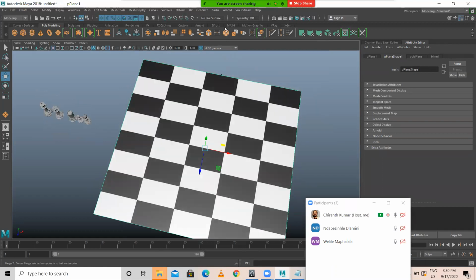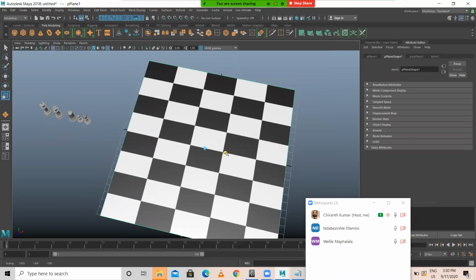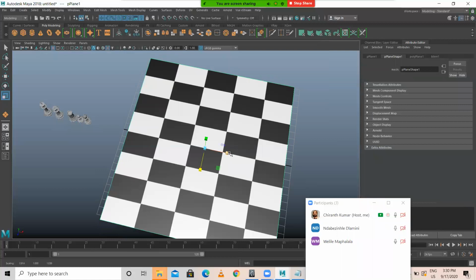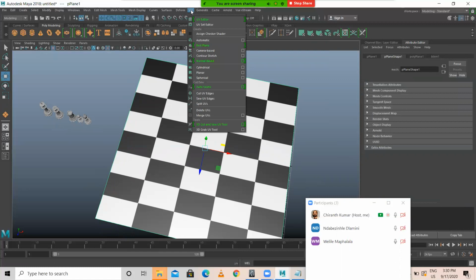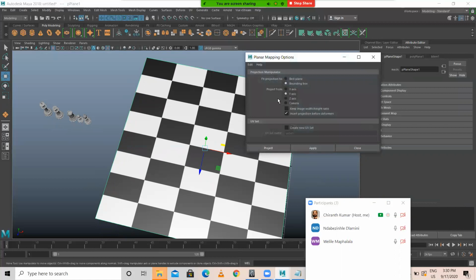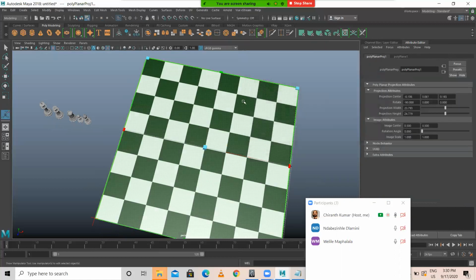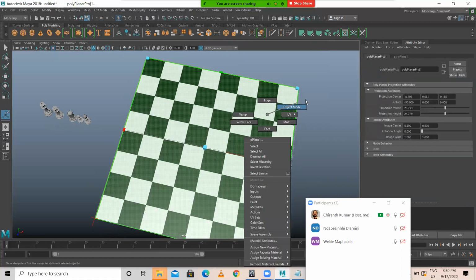Understood? Okay. UV planar, y-axis project.